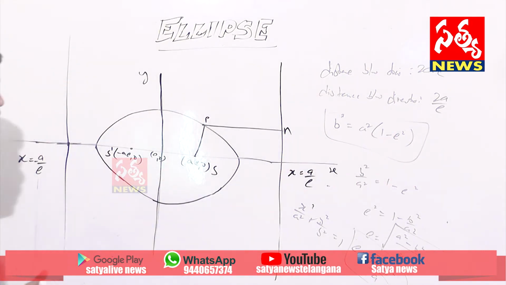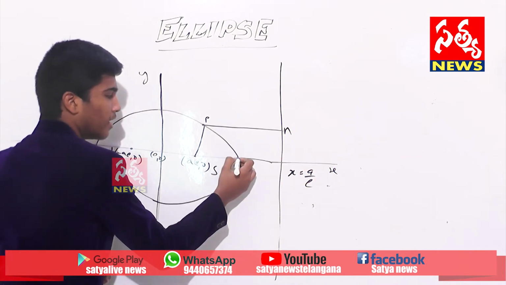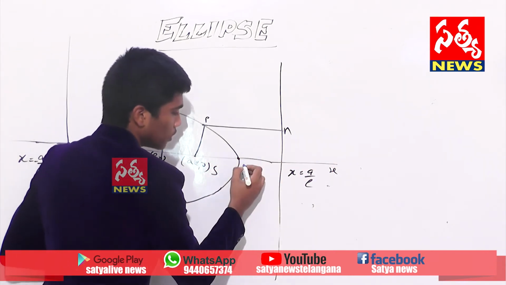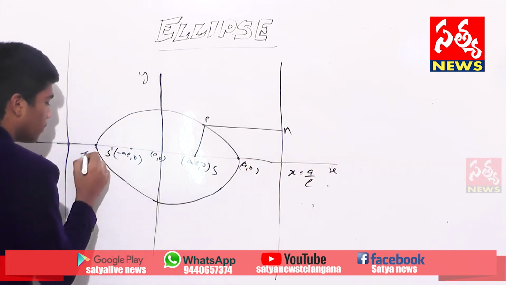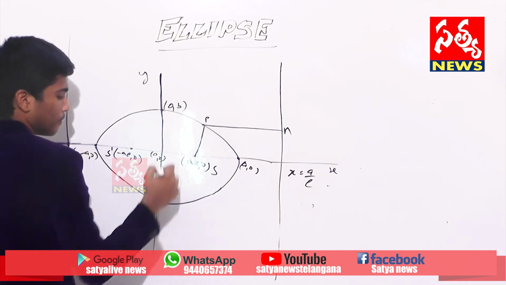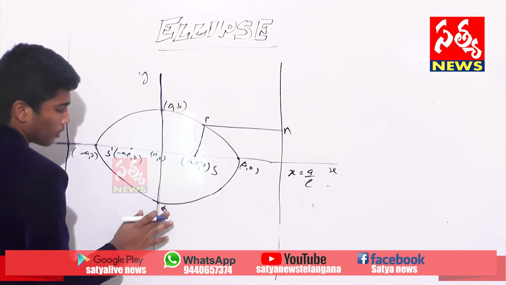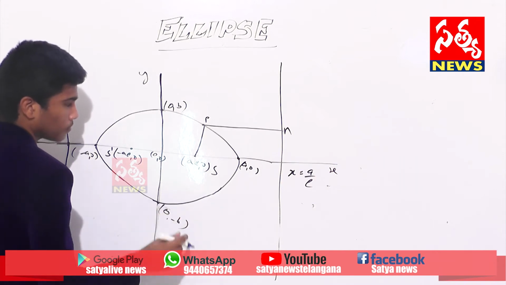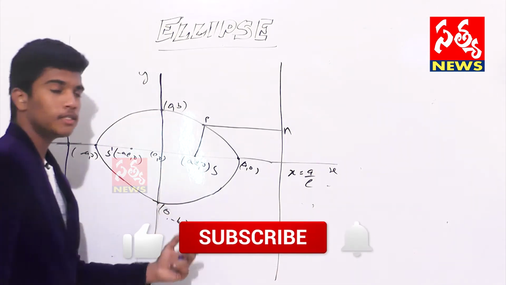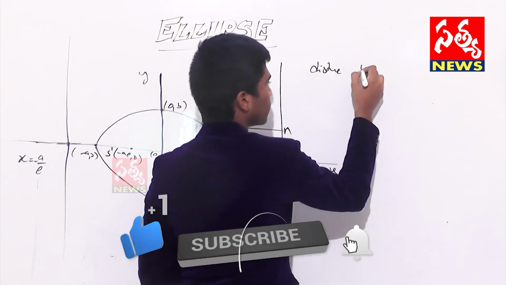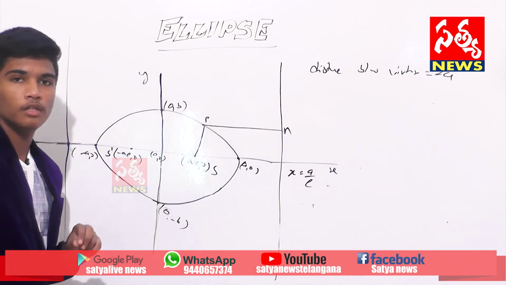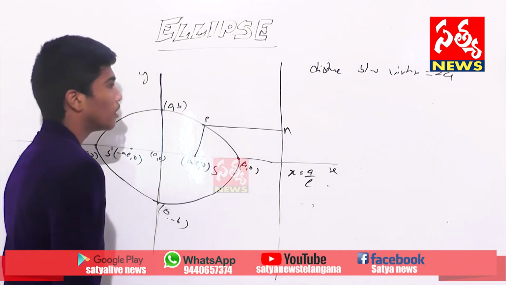Okay. And next, see the end points are there, right? These are the end points of the ellipse. This is a comma 0 and this is minus a comma 0. And similarly, what will be here? This will be 0 comma b and this is 0 comma minus b. That means these are called vertices. The distance between vertices is 2a. This is a and this is a. The total is 2a.